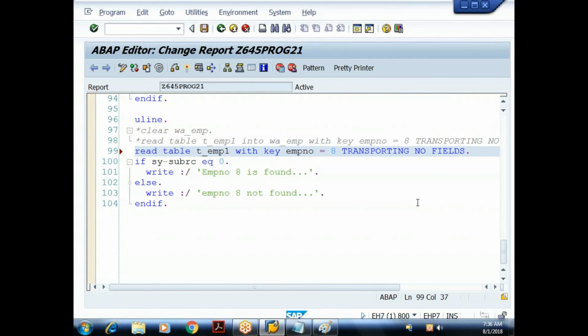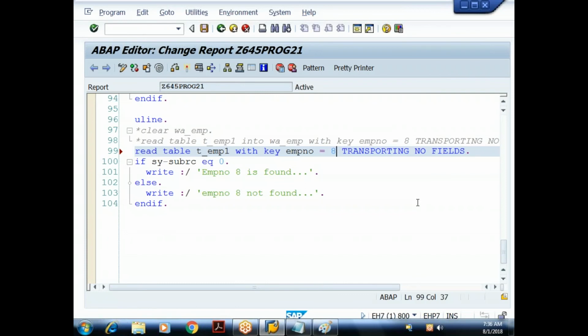And how do we improve the performance of the READ statement? By using the TRANSPORTING addition as part of the READ statement, so that only the specific fields are transported from the body to the work area. Before we search based on a particular field, you better sort the internal table based on that field. Apart from that, use the addition BINARY SEARCH as part of the READ statement, so that we can minimize the searching process.